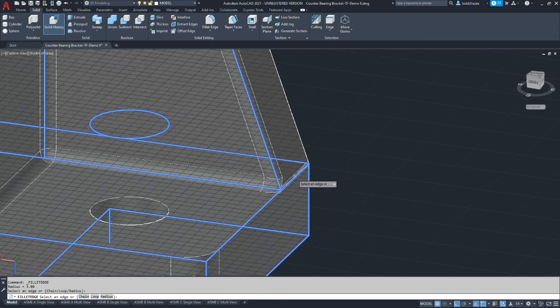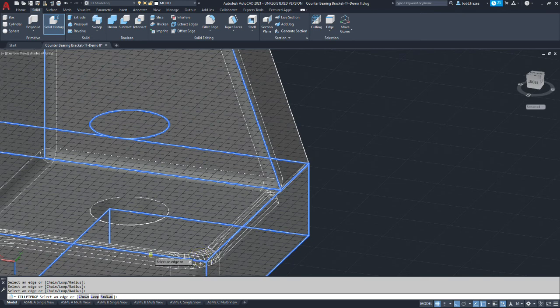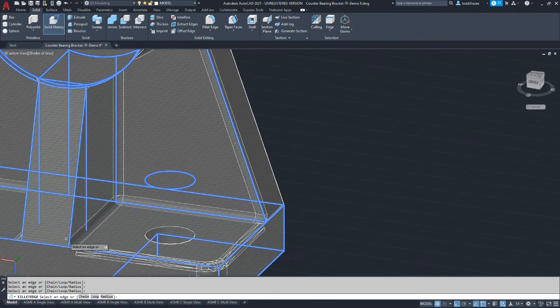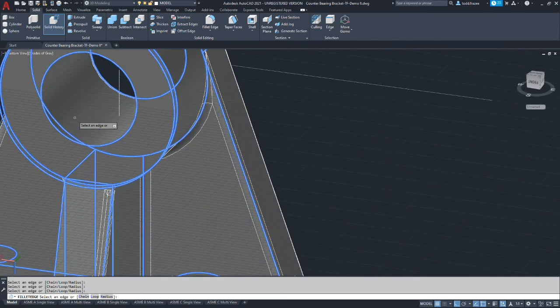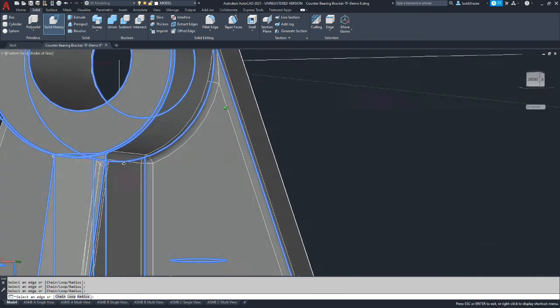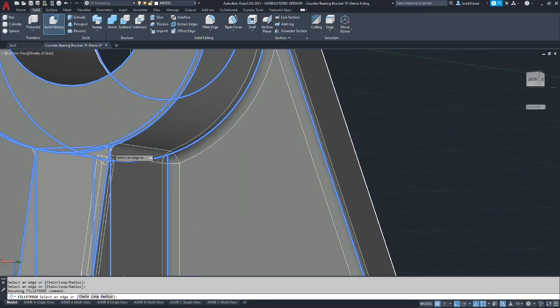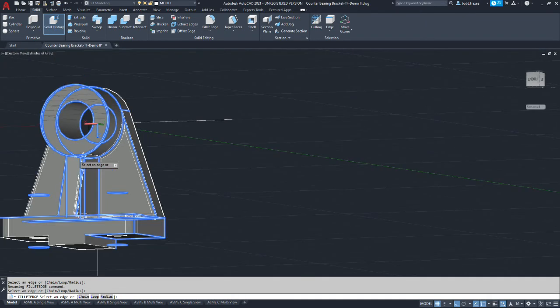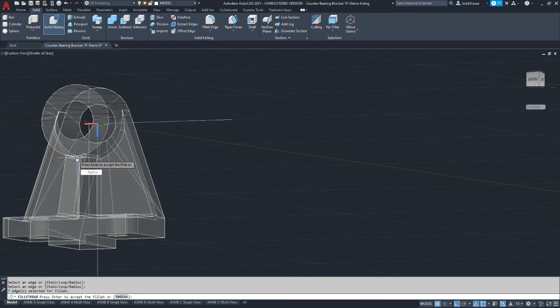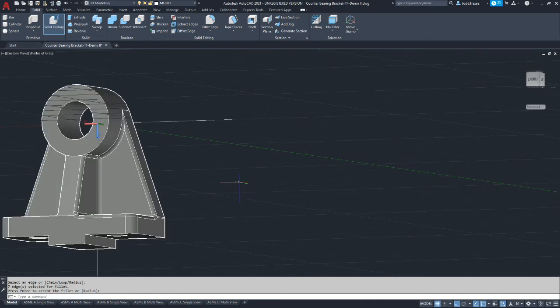We're going to pick each of these transitions. You need to include the 9mm fillet. And keep going around. And include this last fillet there. Cross our fingers, and it worked.